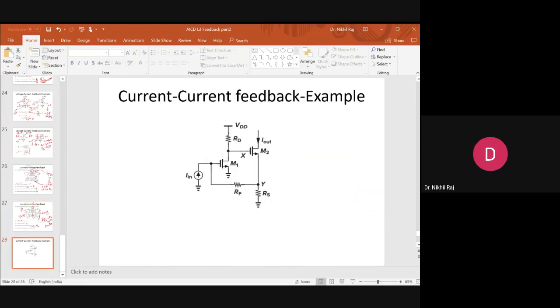Okay, and then this is the example given here. Your output variable is I out, and input variable is I in. So it is your current amplifier, which is I out by I in. So today what we have analyzed, in total 4 types of feedback: voltage, current, and so on. Based on all these 4 configurations, you have to decide what is the output variable and what is the input variable. Once I know that, taking the ratio, I can decide which type of amplifier it is: voltage amplifier, trans impedance, trans conductance, or current amplifier.